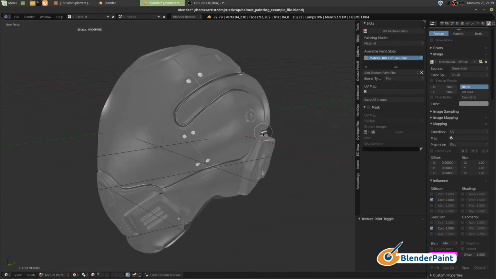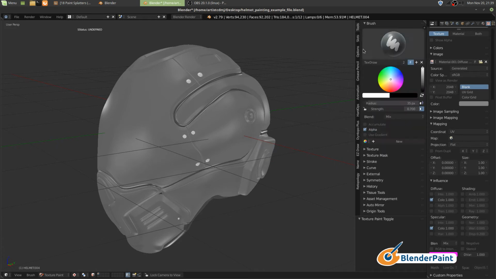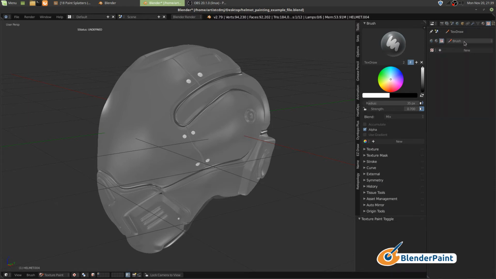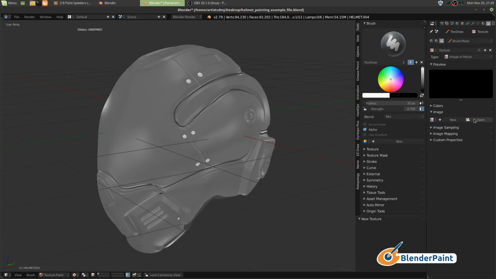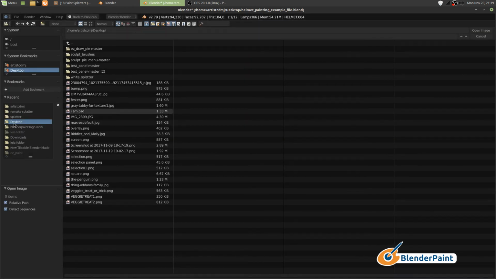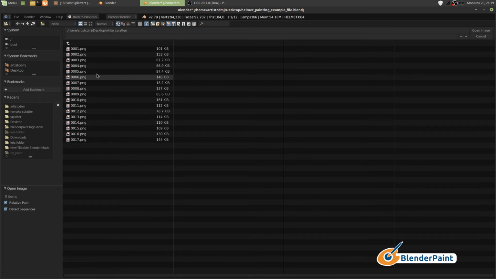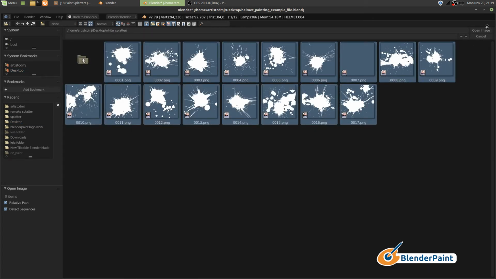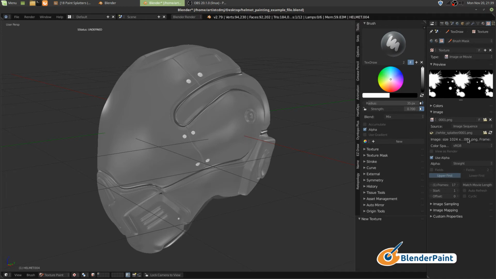Okay, so what are we doing? We're going to paint with a mask, and that means we'll be going to brush mask, hit new, and we'll open those images. So on the desktop we had a white splatter. Make sure those are them. Yep. A to select all, open it,